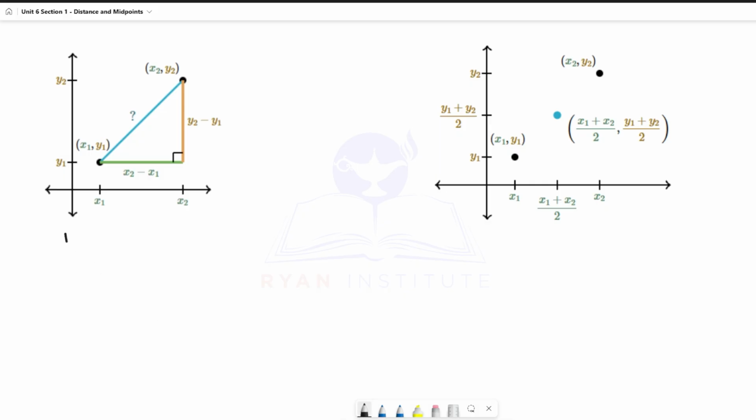The distance formula is equal to the square root of x2 minus x1 squared plus y2 minus y1 squared. All right. And so